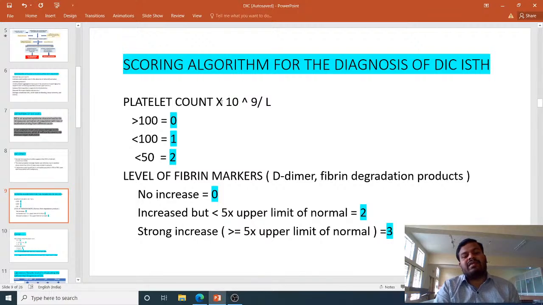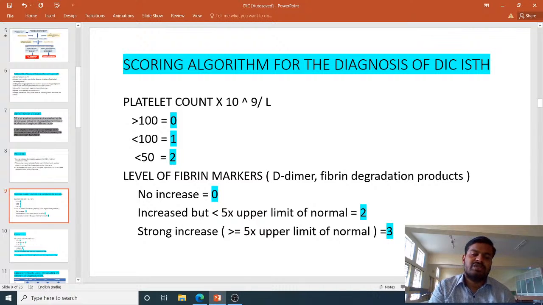So how do we score the platelet count? If it is more than 1 lakh, you count it as 0. If it is less than 1 lakh, you give a score of 1, and if it is less than 50,000, you give a score of 2. And the level of fibrin markers, what all fibrin markers do we see in DIC, which is D dimer,